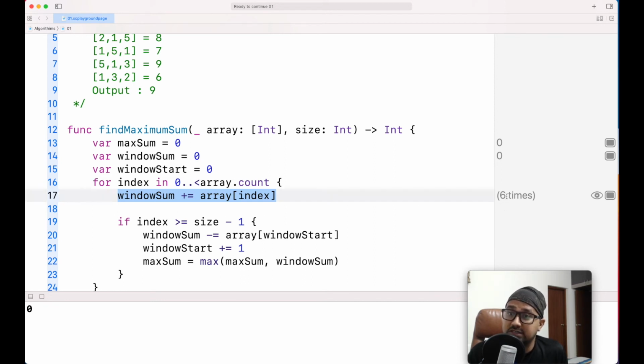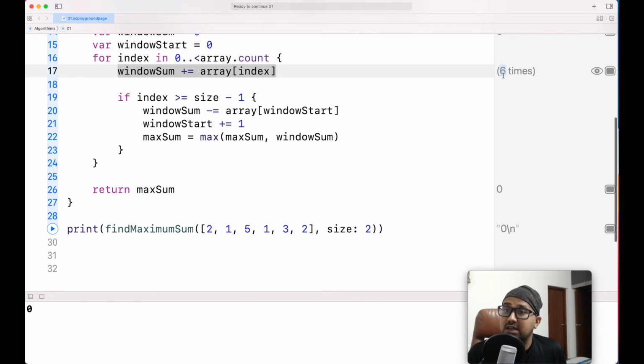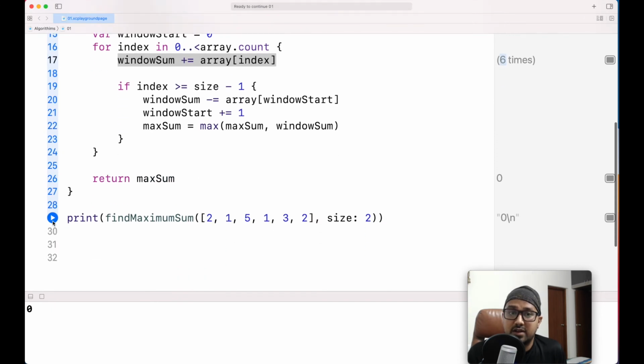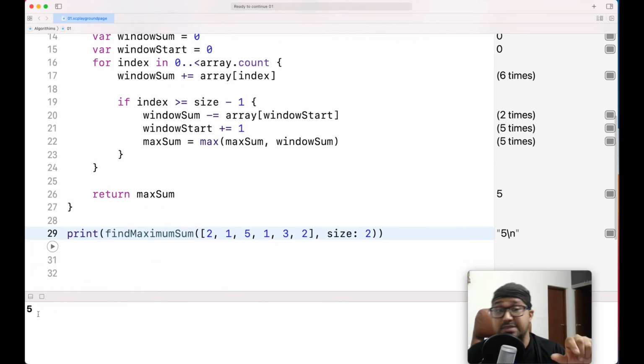Here you could see the count was 10 times we were iterating. When the number is big, this number will also be bigger. But just a comparison with this kind of array, that was 10 times, it is 6 times, 60%. Okay, so if I run this, let's see. Okay, so let's go through it. Our answer is basically wrong. If the size is 2, the window sum should be 6. It is coming as 5.